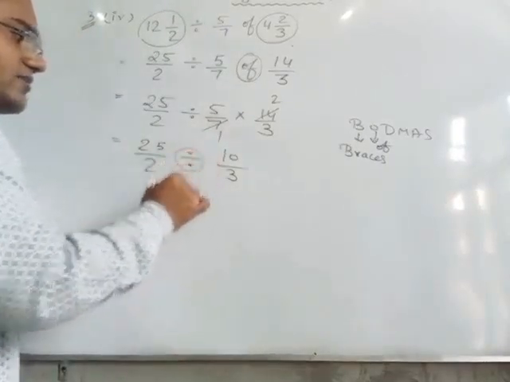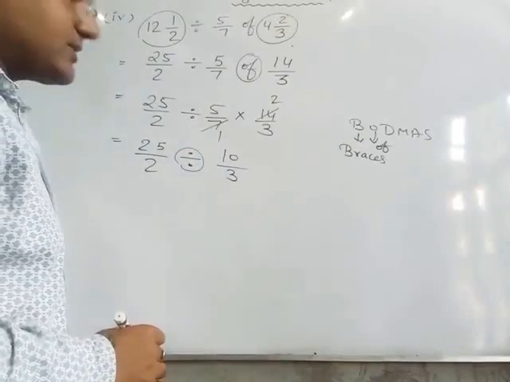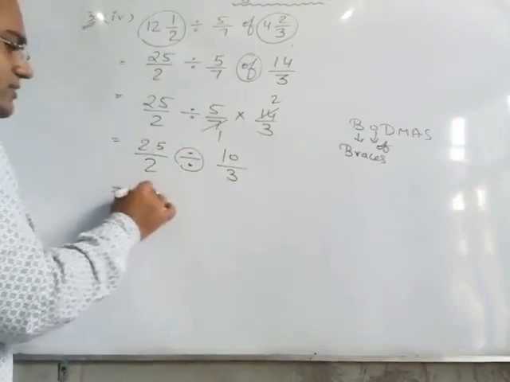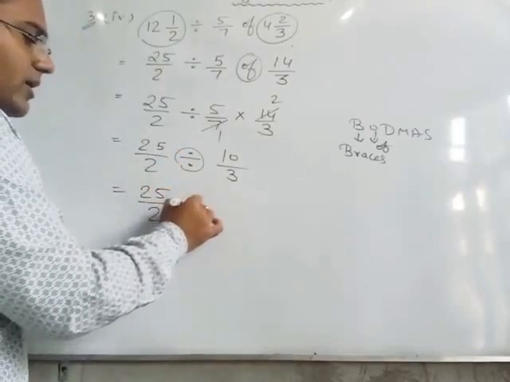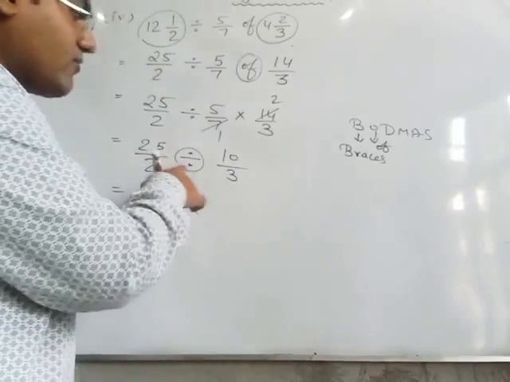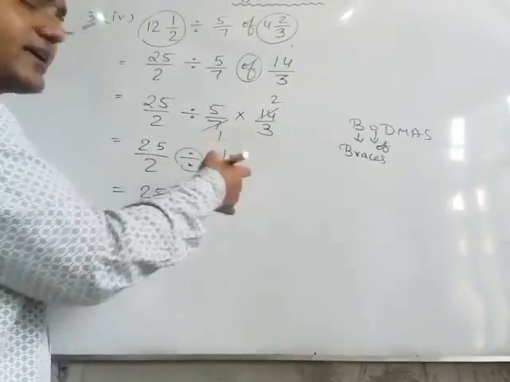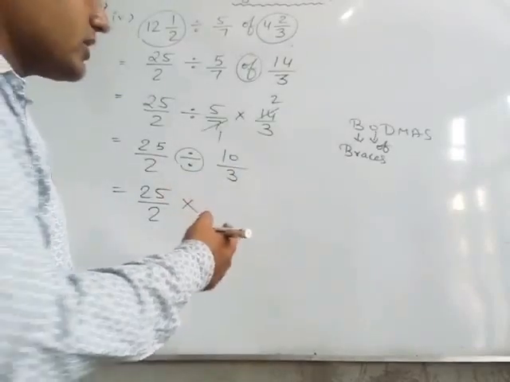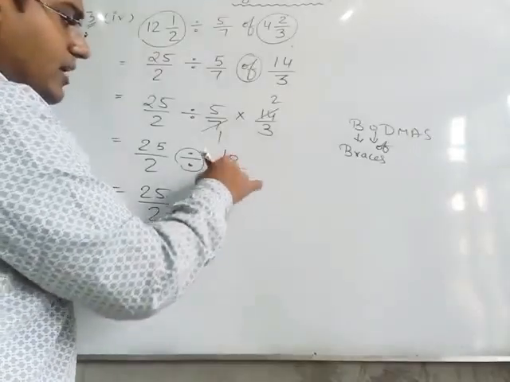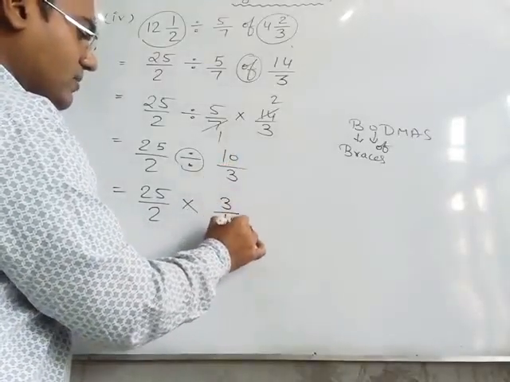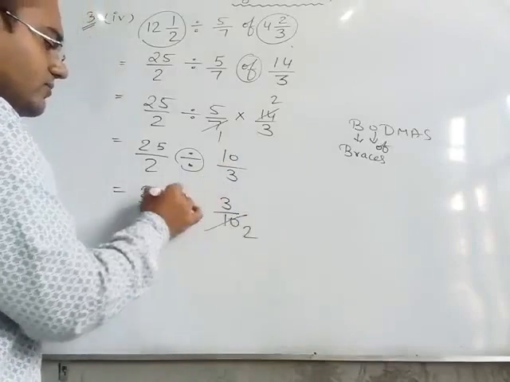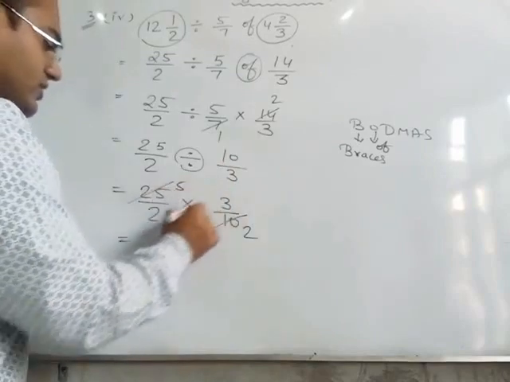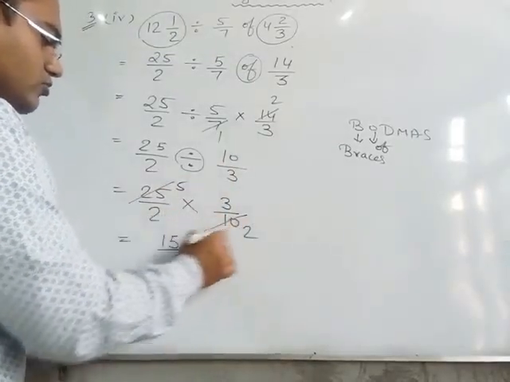Now in the next step what will we do? This divide sign we will convert into multiply sign, as I had explained to you in the first part of this question. This divide sign we will change into multiply, and the rule is that whenever we change the divide into multiply, the right side fraction we have to do the reciprocal. We have to change it, we have to invert it. Its reciprocal will become, 10/3 means we will write here 3/10. 5 2s are 10, 5 5s are 25. Now on multiplying these two, we will get 5 3s are 15 upon 2 2s are 4.